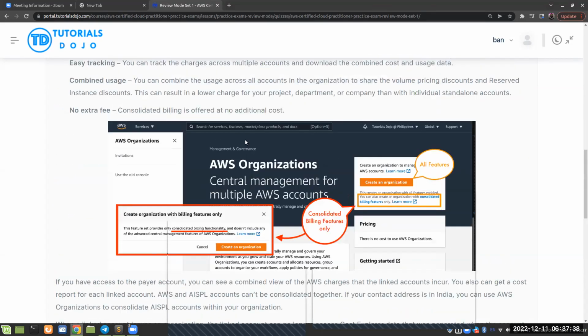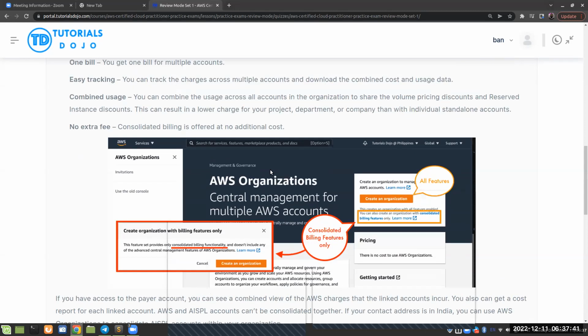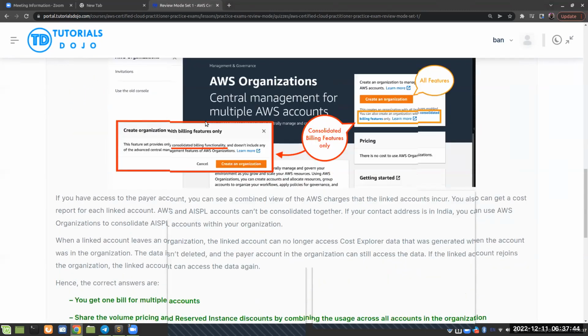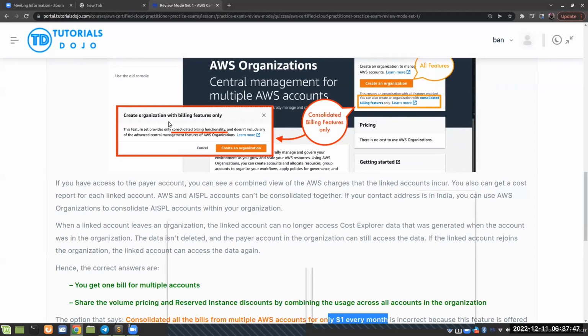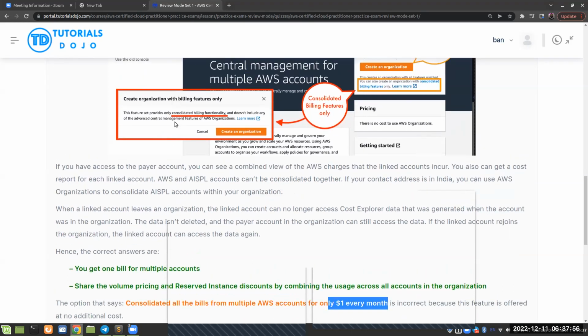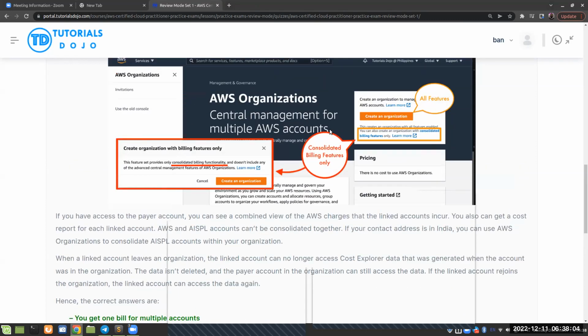I just want to emphasize and make sure you know what AWS Organizations is. The key thing is to understand consolidated billing or all features. There's an option to create with all features. And then know that you use SCPs, service control policies. It's a security mechanism used in AWS Organizations. And then know that an improvement of AWS Organizations comes with AWS Control Tower, which is also for creating and managing multiple accounts using AWS best practices. It's been created for that. It came after AWS Organizations.